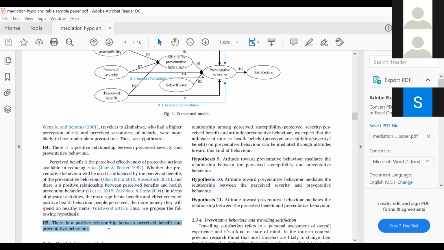हाइपोथेसिस 5 यूनिक नहीं है, लेकिन ये कंसेप्चुअल मॉडल आपका अपना है और यूनिक है, और किसी पेपर में इस तरह का कंसेप्चुअल मॉडल नहीं है। I hope this much is understood. Now, my next point, which is